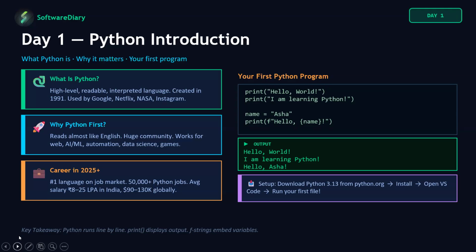So first day we started with Python introduction. We discussed what is Python. You can see I've talked about the major things here, like it's a high level programming language, an interpreted language. Where it is used most commonly, and I also discussed the first program, which is Hello World. So what is the syntax to display the output? You can see all those things.